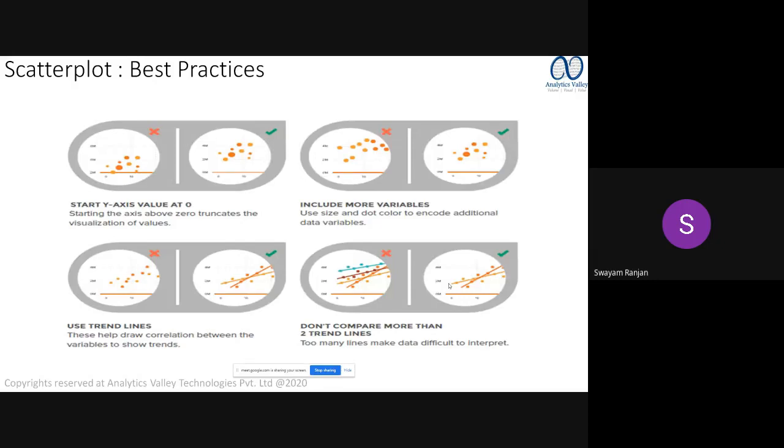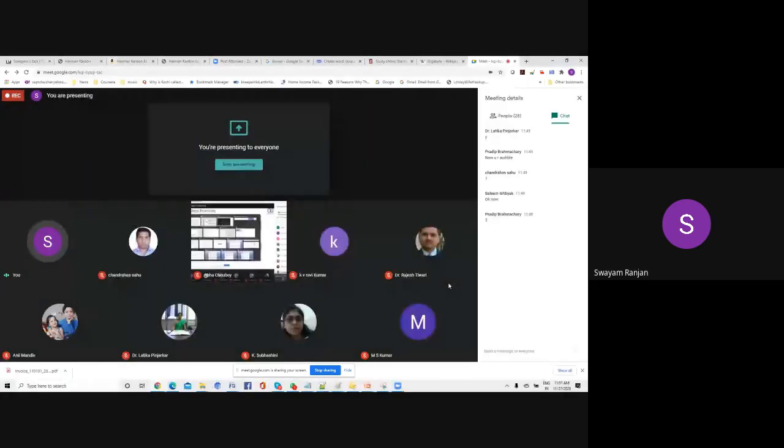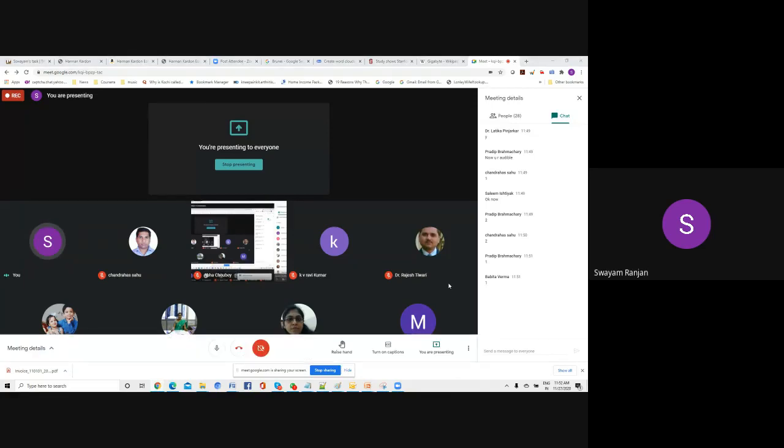You know about scatter plotting and other things which you see. How many of you know scatter plotting? What is scatter plotting? Please press 1 if you know scatter plot. If you don't know, please press 2. Wow, everybody knows scatter plot. Awesome, great. So I'll not be deep diving into that.